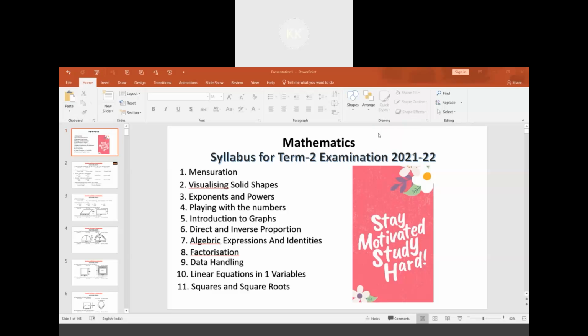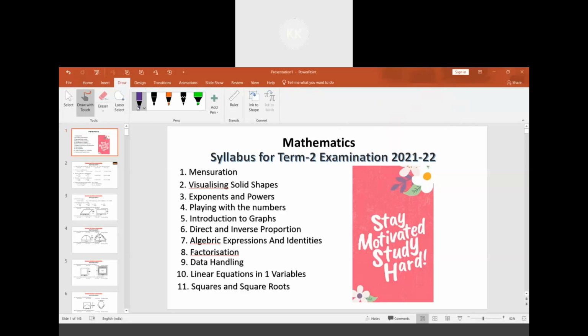So to reduce the difficulty, I thought I would give you the skeleton of the question paper. The question paper will be having 16 questions. For these 16 questions, there will be 4 MCQ type of questions, and there will be 4 questions of 2 marks. Then there will be 4 questions of 3 marks and 4 questions of